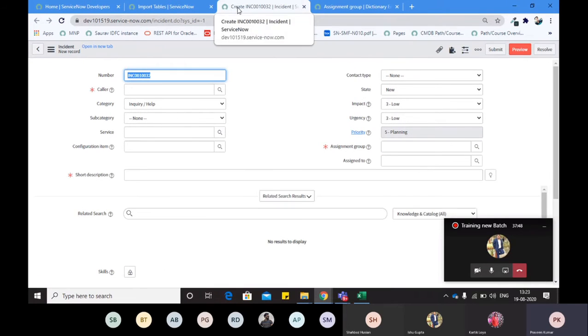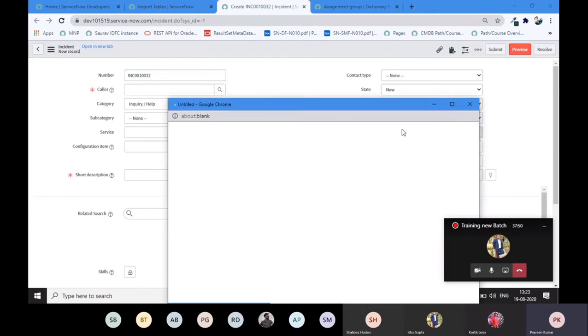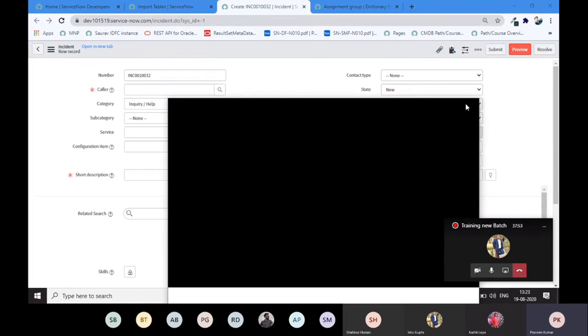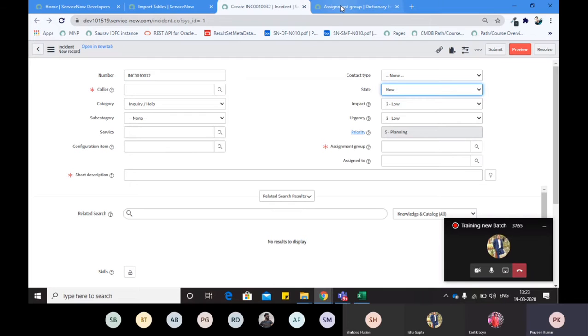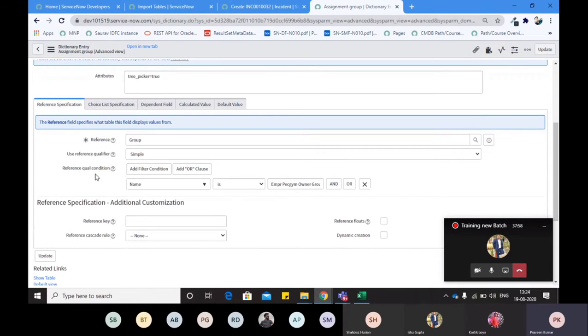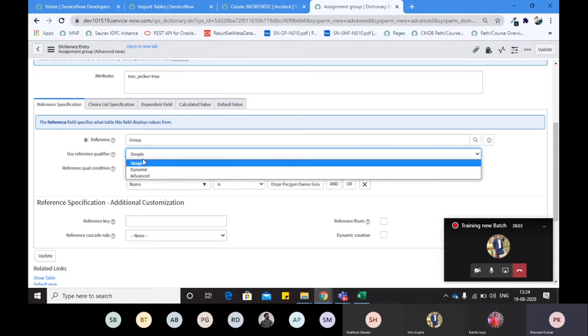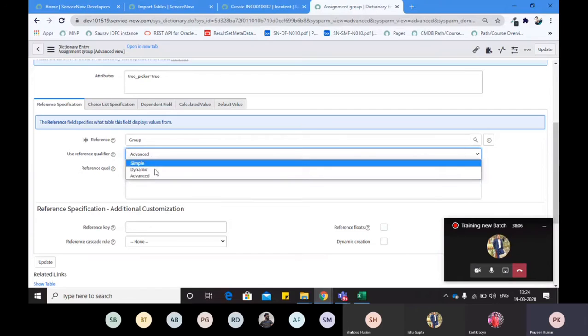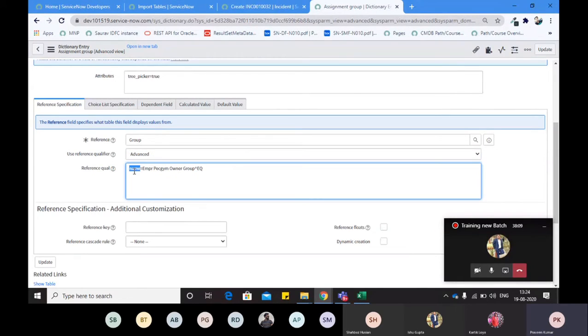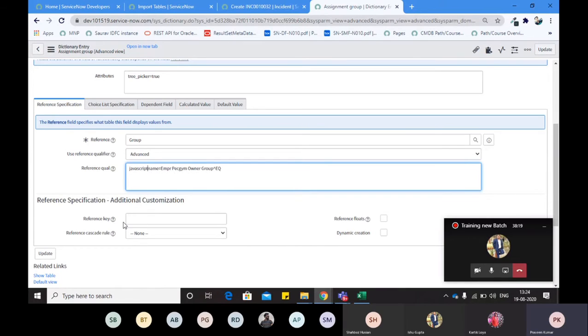Now sometimes some situations come where we need some richer kind of thing, or we need to write a script basically. In that case, we have to use advanced. For example, if I talk about advanced first, I will pass the complete query here, and for that purpose I have to use JavaScript, inside inverted commas.